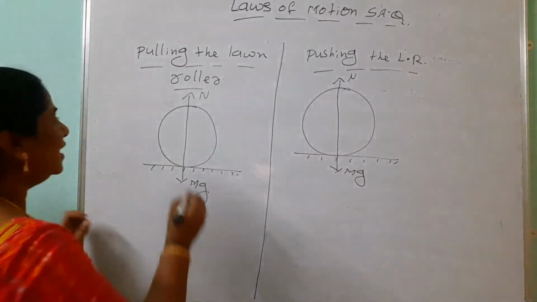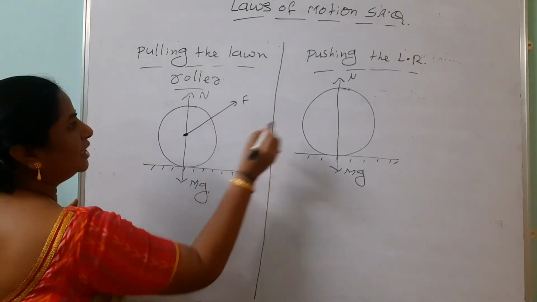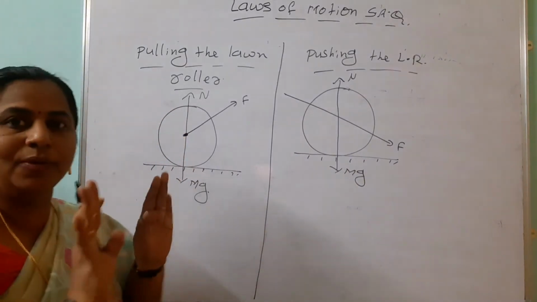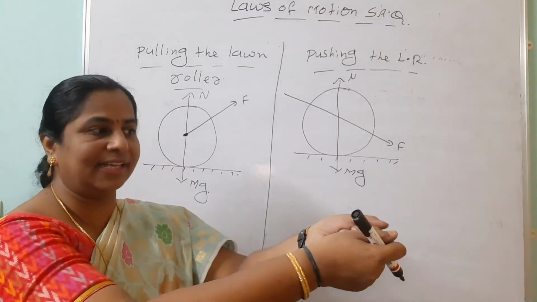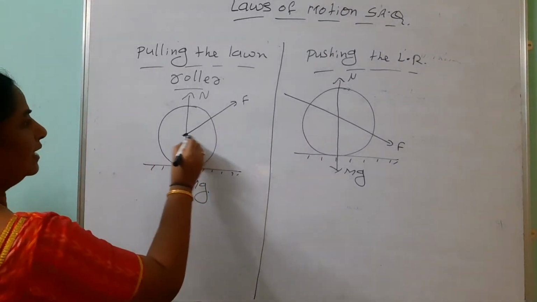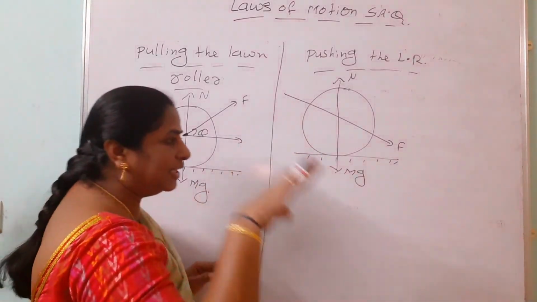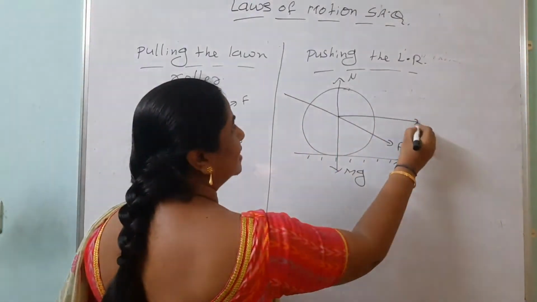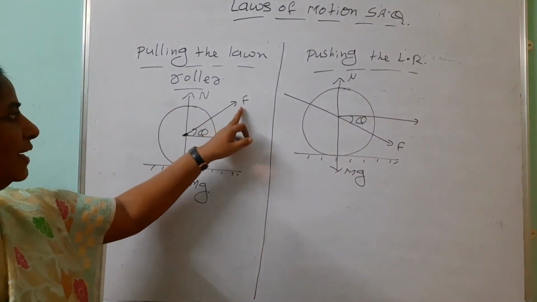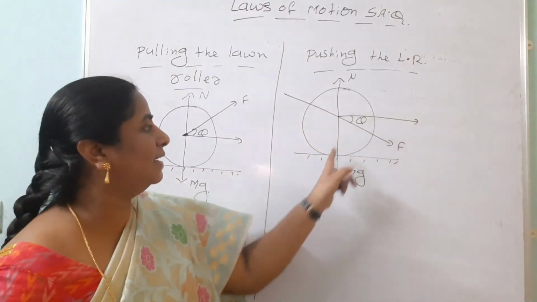Look here. Pulling means we apply the force like this. Pushing means we apply the force like this. Many people are confused. For pulling, you take the thread and pull like this. Then how much angle will it make with the horizontal? Theta. Pushing means it is also pushing like this, and here also it is making how much angle? Theta. But the difference is that it is the positive x-axis, but here it is in between the x and negative